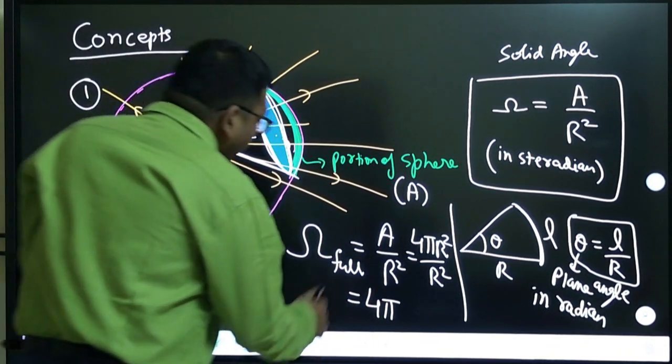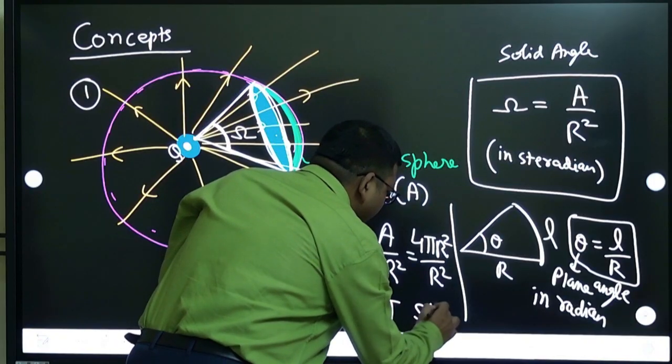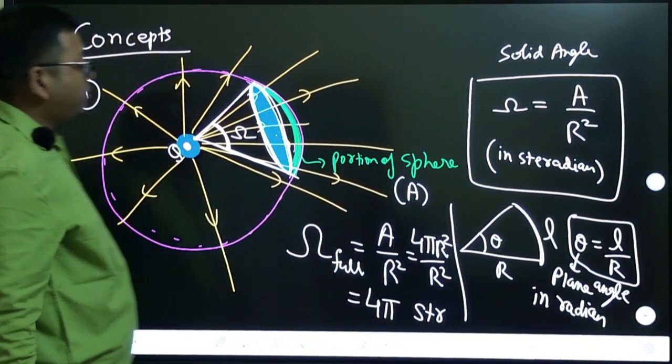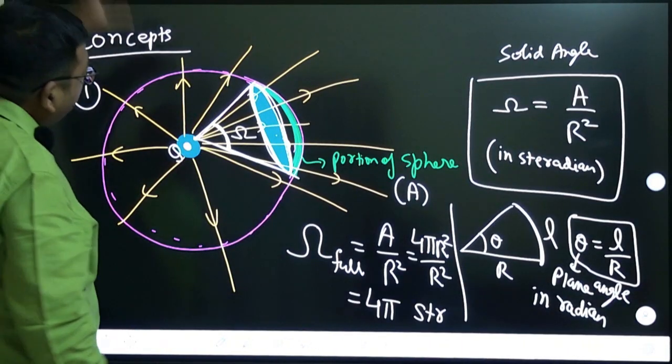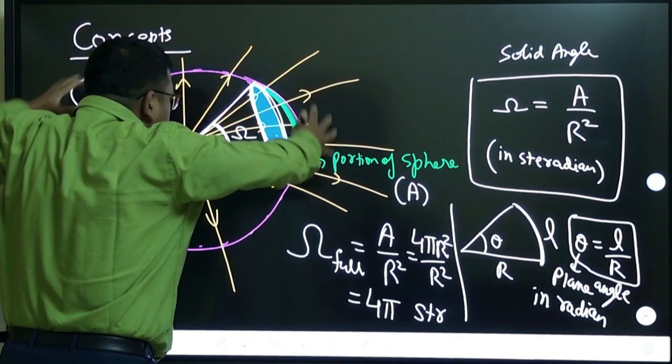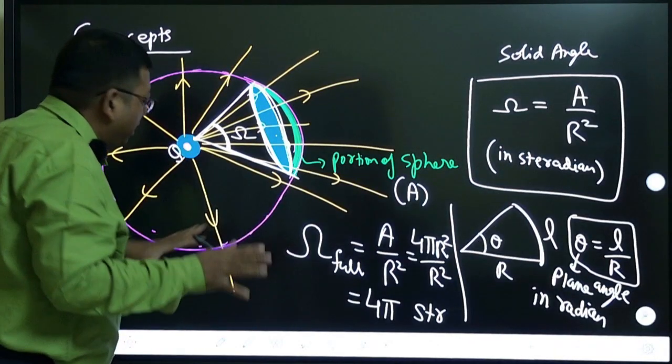This 4 pi is steradian. Steradian is written as STR. STR is the unit of solid angle. Okay. So now we know that if we are closing this full sphere, we know what is the flux, because